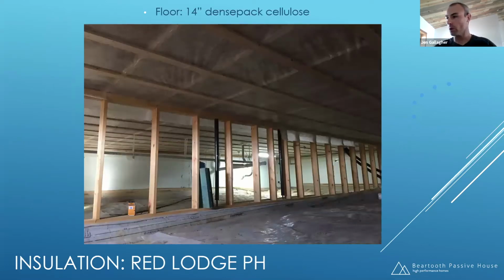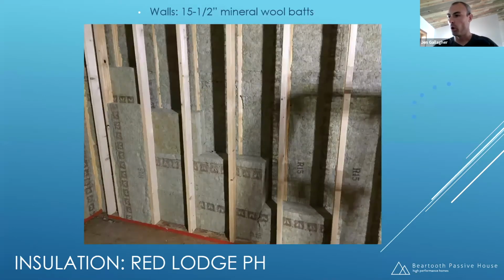So what did we do for insulation? In the crawl space, so this is down in the crawl space, these are floor joists for the main floor above us. 14 inches of dense packed cellulose. So we've got our own insulation machine, hung the netting, and packed the cellulose in. So that gets us R50. For the walls,